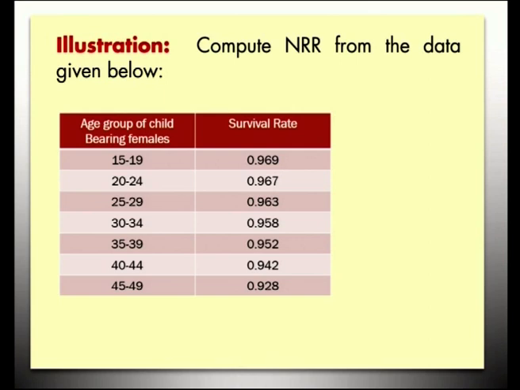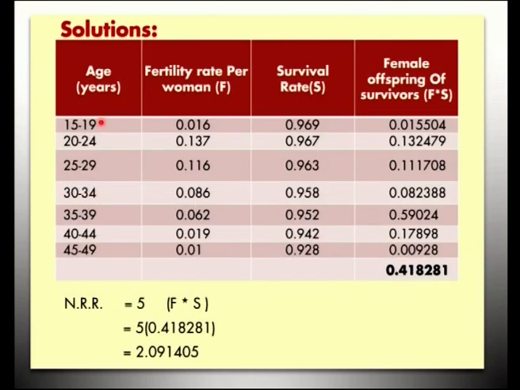Similarly, for the age group 20 to 24 the survival rate is 0.967. Like that the survival rate is given, and we are asked to compute the net reproduction rate. First, the age is given here, 15 to 19 in years, and the fertility rate per woman is